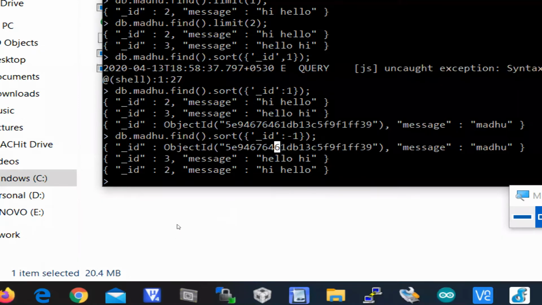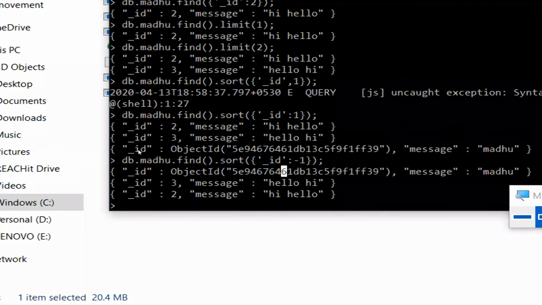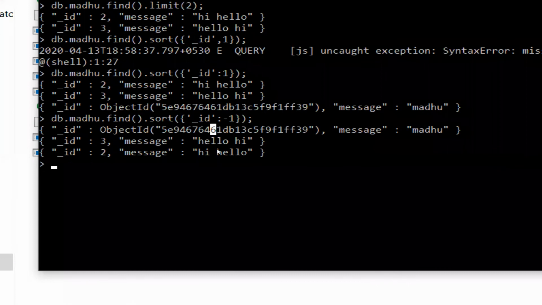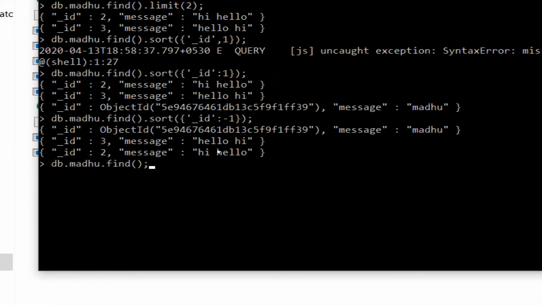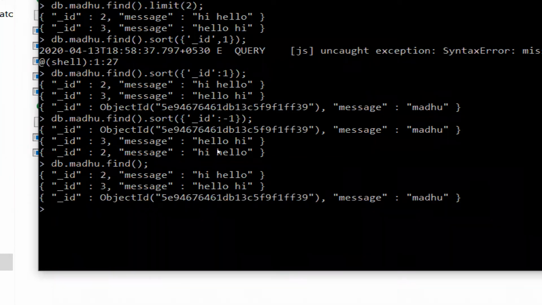So these are the different function calls available in MongoDB server, which are like MongoDB commands to do CRUD operations in the collection. Limit is nothing but putting a limit for reading documents. Say db.madhu.find. When you enter this command directly, all the documents will be read. Here the collection is having only 3 documents, right? If the collection is having thousands of documents, when you write db.madhu.find, those thousands of documents will be retrieved.